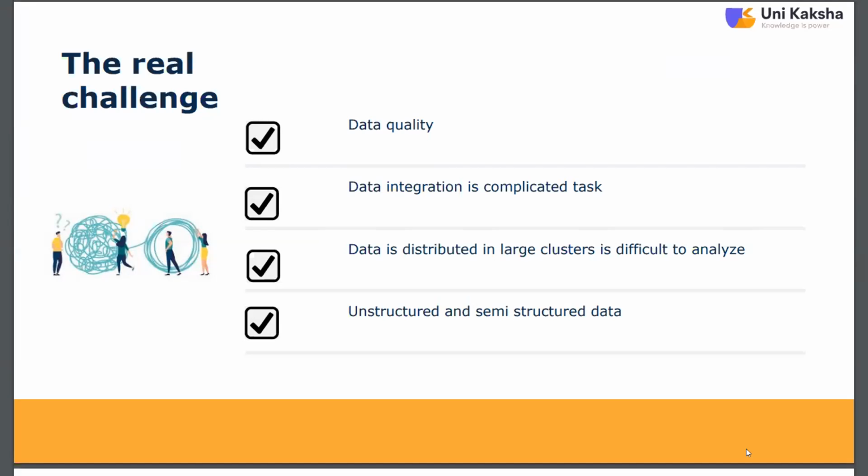In these particular case studies, you need to consider some different kinds of challenges, like data quality should be maintained, and data integration, that is a complicated task. Data integration means we are getting so many files, we are having different data sets, but what data is relevant to our question, what data is relevant to our case study, that is important, and that relevant data should be integrated. Okay, so at that time there will be different rows and columns, so that will create a problem.